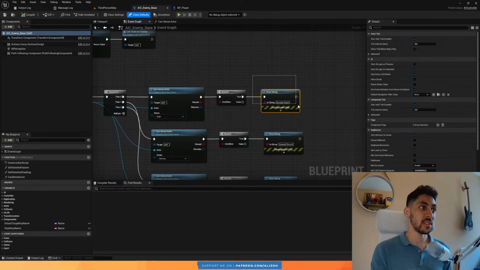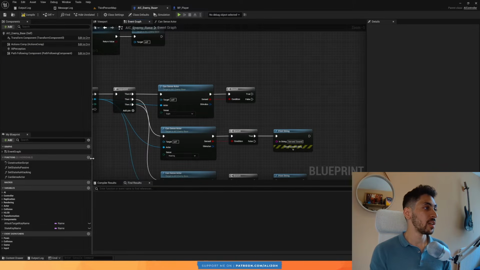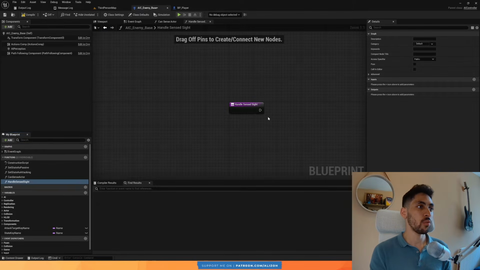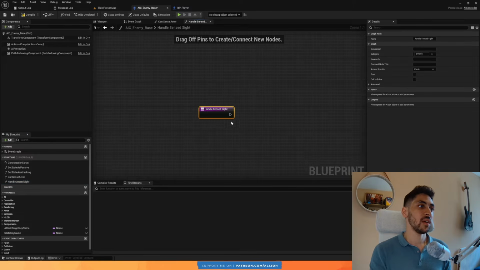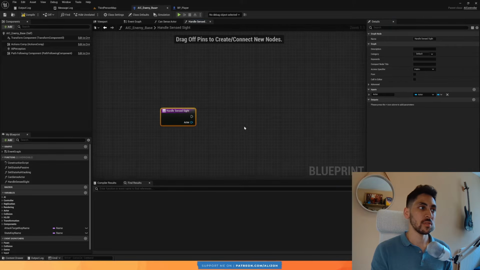So on sense sight, instead of printing, let's actually do something useful. Let's delete that. So I'm going to create a new function here and call it handle sensed sight. What do we do when the enemy sees something? What we want to know here is what is that something we're seeing. So let's pass in an actor. Search for actor object reference. And what we're going to do is